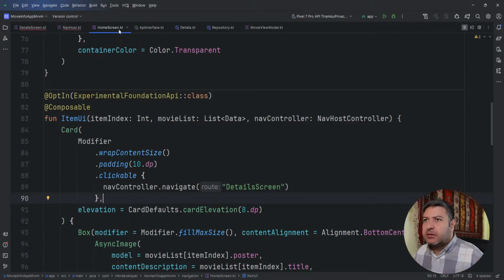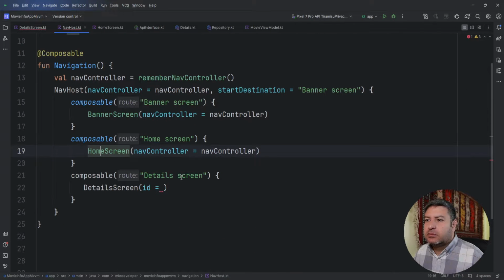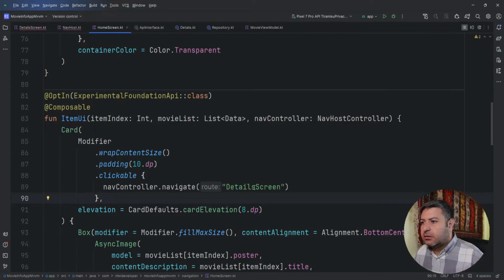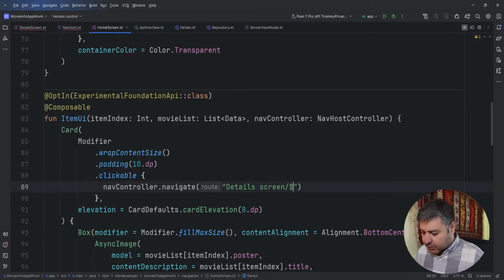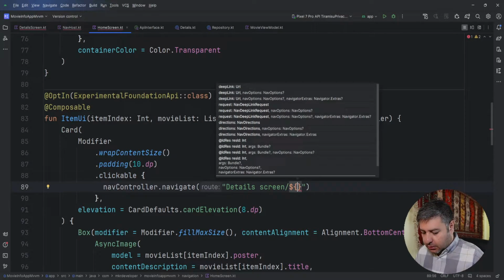We had a space here or not? Let's check the nav host. Yeah, we had a space here, and it should be like that. Okay. And at the end, a slash, a dollar sign, bracket, and